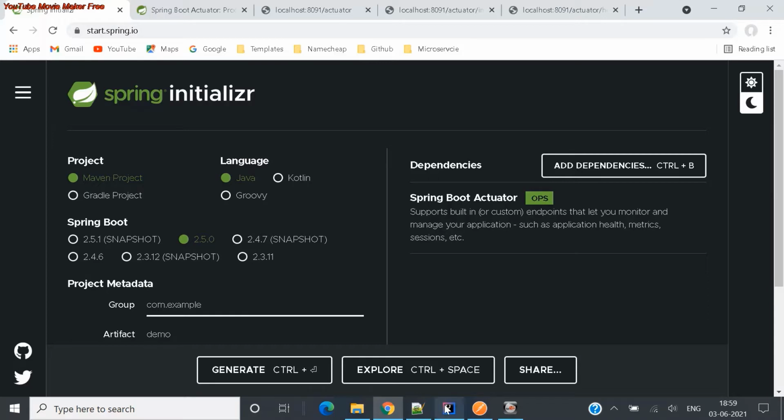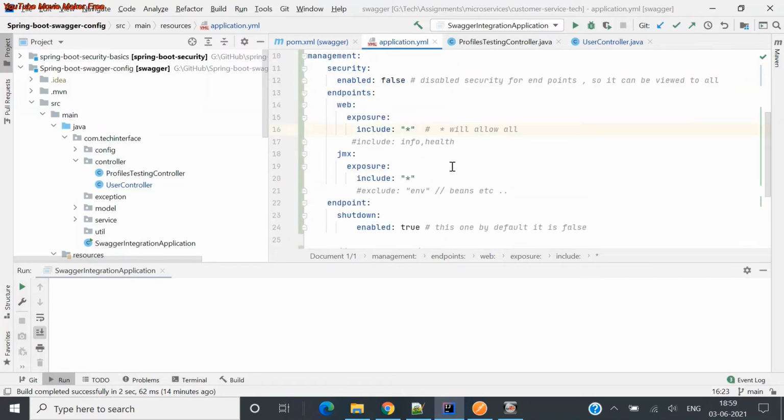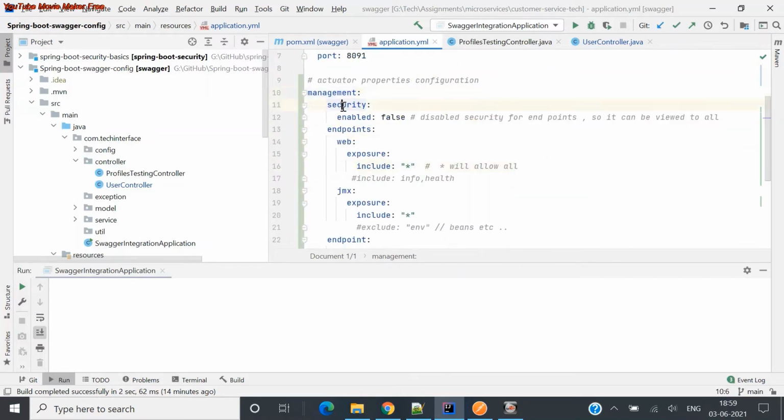Now let's go to my Spring Boot project. I'm using my old Spring Boot Swagger configuration project, and as an extension to that, I'm configuring a few of the actuator endpoints in the application.yml of the existing project. So mainly, how do you configure it here? These are the exposures to the actuators. I'm adding management.security.enabled as false, because currently I'm not using any username and password. It is allowed for everyone, so that's why I made it false.